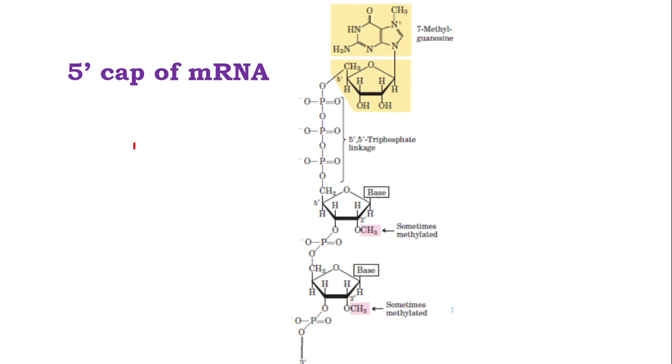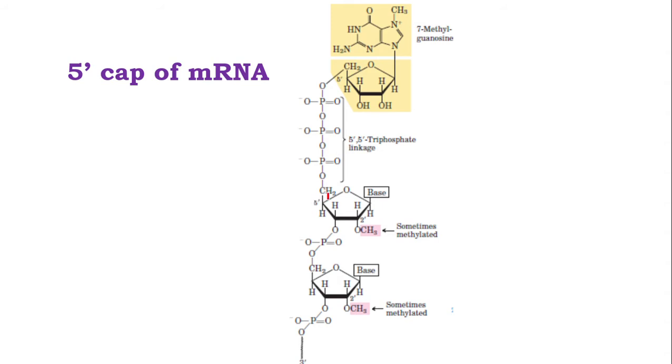Here, where is the RNA molecule? This is the RNA molecule. You know that RNA synthesis begins from the 5' end to the 3' end. So the 5' end of the RNA is free. This is the first nucleotide added. This is the sugar, this is the phosphate, this is the nitrogenous base.